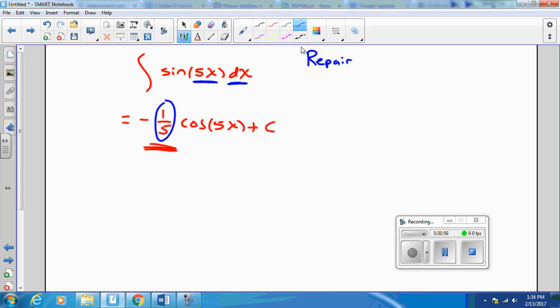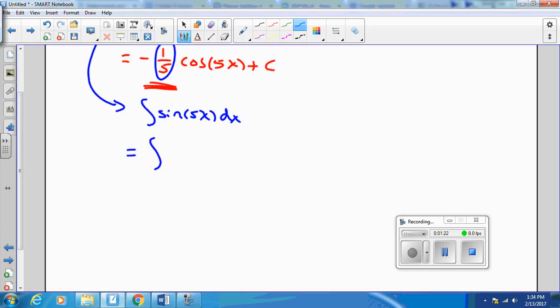So if this were exactly 5dx right here, then I would integrate the whole form and just get negative cosine 5x. But I don't have it. So what I can do is to introduce that constant by multiplying by 1. Watch this. If I take this antiderivative, and I multiply it by 5 over 5,